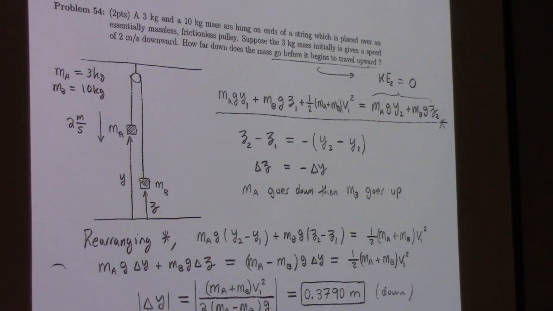Then the other thing I had to notice was that if you look at the difference in the z's versus the difference in the y's, because there's a string connecting them, the change in z is going to be minus the change in y. So I can write energy conservation, rewrite it in terms of the changes in y and z, then change the z change to a y change, and solve for the change in y, which is actually what I'm trying to find. And I get this, which I know a bunch of you got.